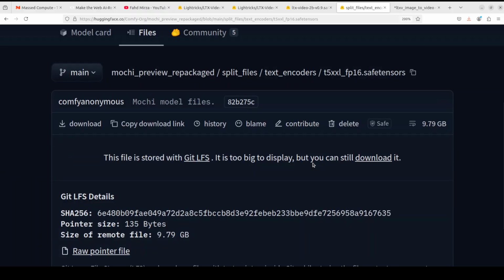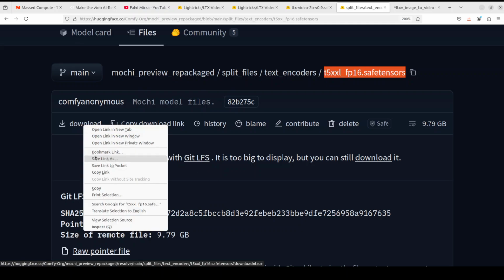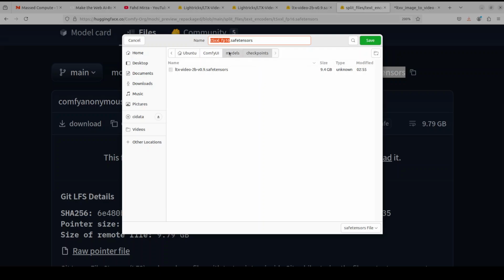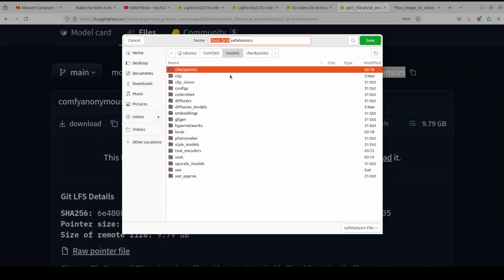So it is a T5XXL one. I'm sure you might have heard of it. So this is the model name. You can just search with it on Hugging Face or simply go to Moshi's website and get it from there. Right click again, download, save link as, and then go back to models, and here you should be able to